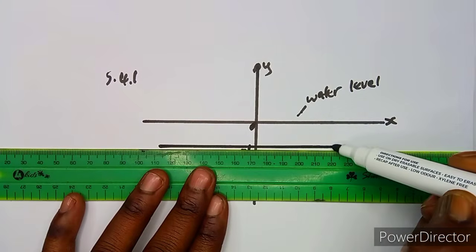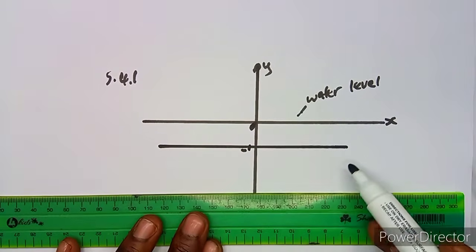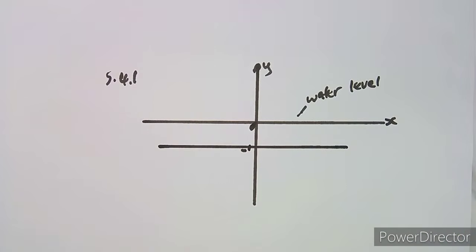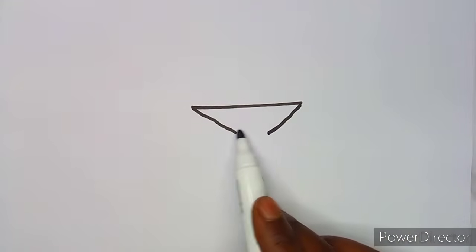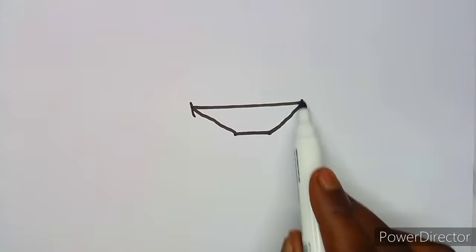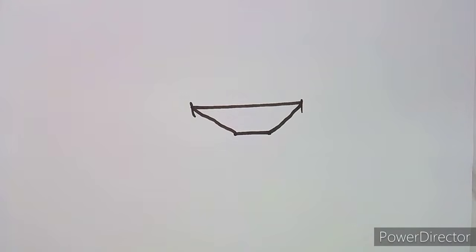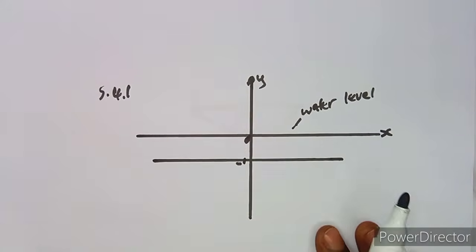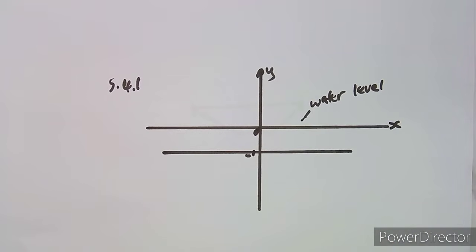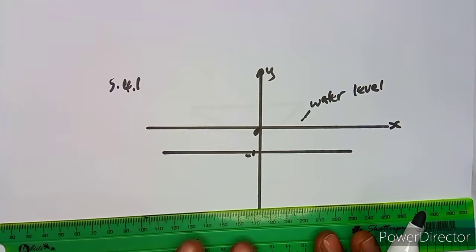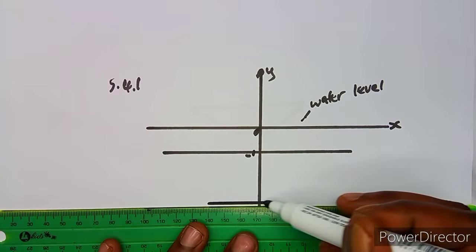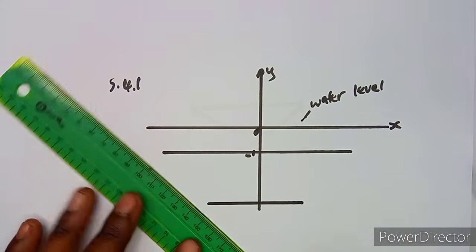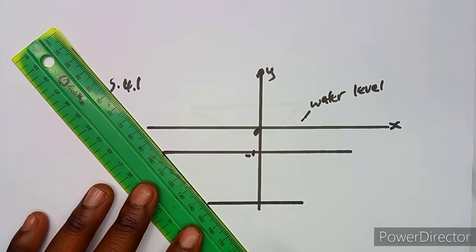We have a trapezium, and the shape of a trapezium that you're supposed to draw is like this, guys. The top is always bigger and the bottom is smaller, and you can also tell from the information that you are given. You will see that the top is bigger because it has 10 meters, and the bottom is 8 meters wide. So it's smaller here, and it's bigger on the top there. Let's just show it to form a trapezium.